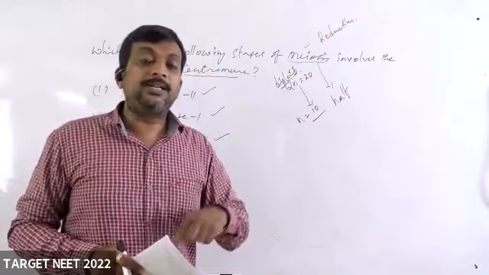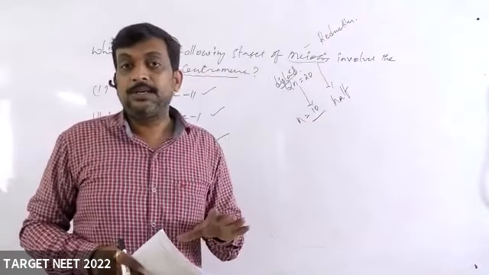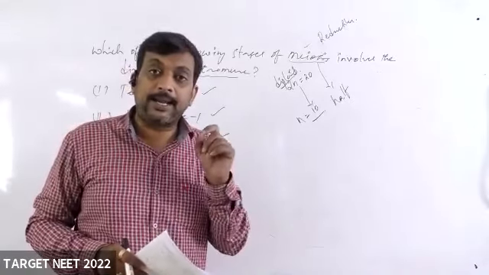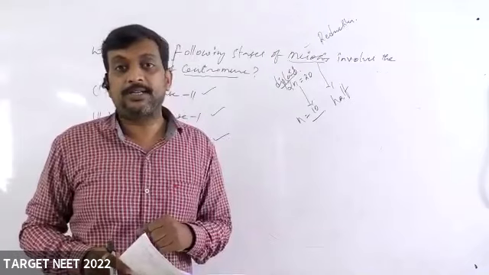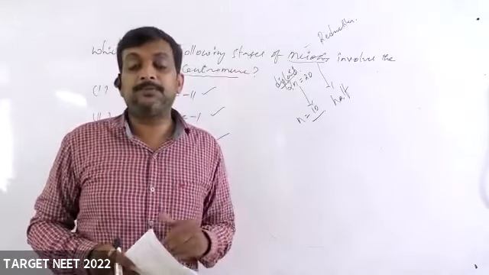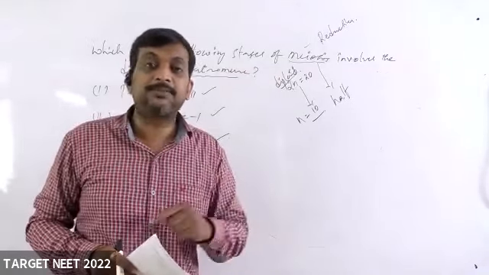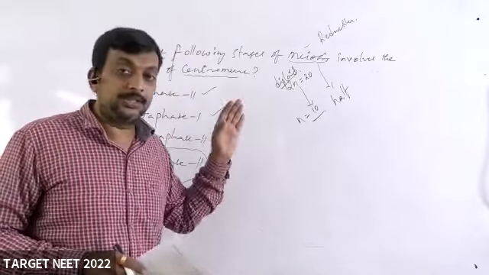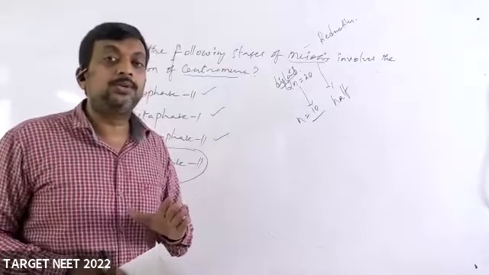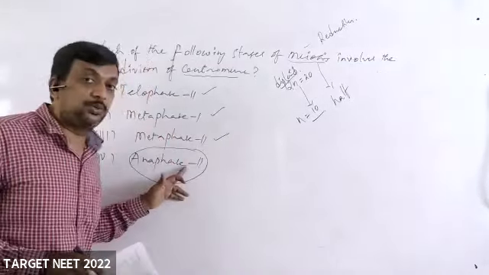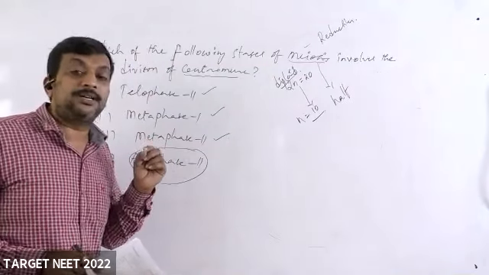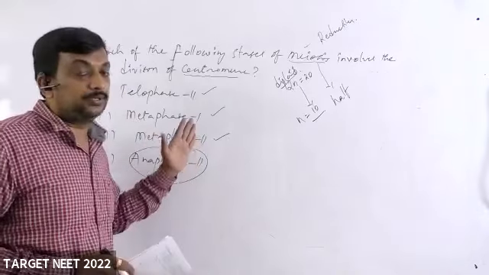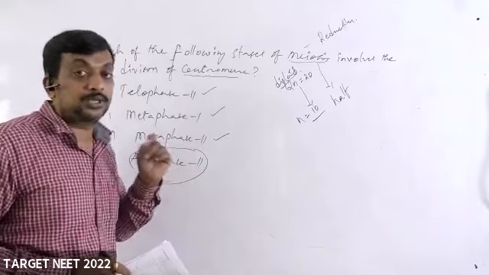And again, the division of the centromere is also observed in mitotic anaphase, where the same type of centromere division occurs as in anaphase 2 of meiosis 2. So your answer should be anaphase 2 of meiosis 2, where the division of the centromere is going to take place. That is the most appropriate, or the most correct, answer.